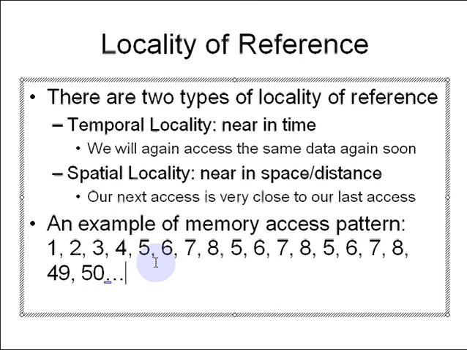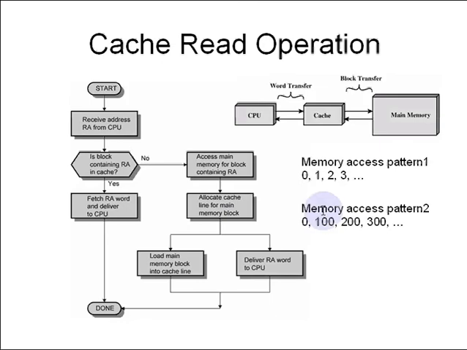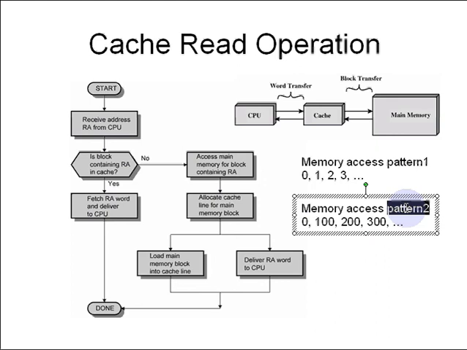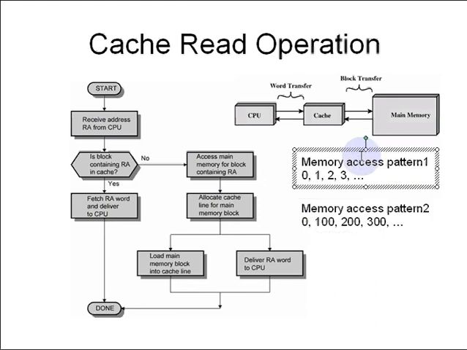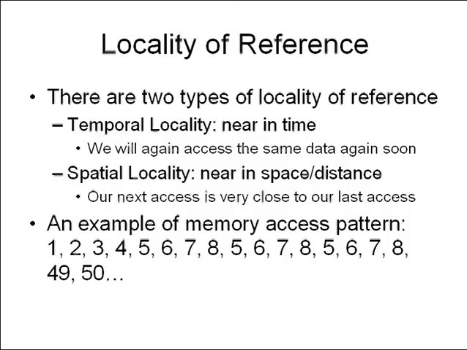So what we can conclude is that due to locality of reference, our memory access is not as random as seen in pattern 2. Our memory access will follow something similar to pattern 1. That happens because of locality of reference. And since I have already explained, if our memory access pattern is of this type, then the presence of cache memory leads to improvement in the performance of the system.